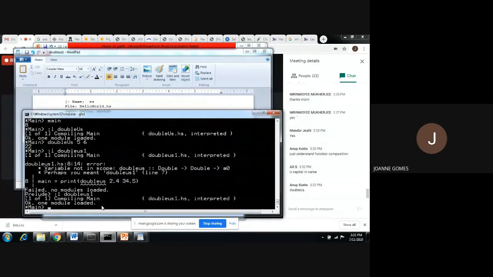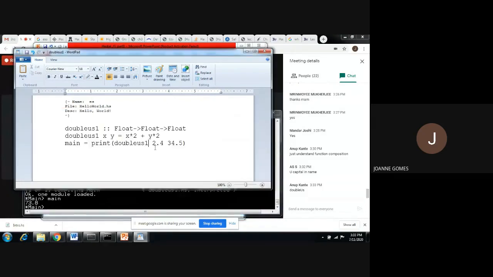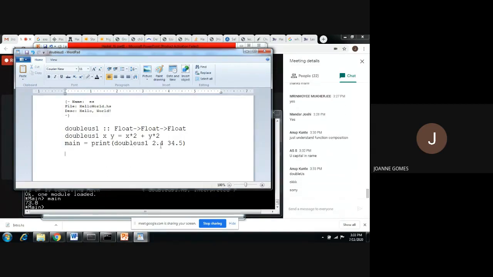Okay. So now I will say main. Okay, so it gave me 73.8. So I have given two numbers here, fractional numbers. This is the new file with the new function double us1 I have written, and double us was the previous file. So I have given numbers directly here.